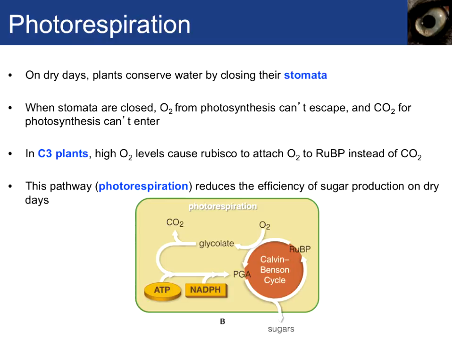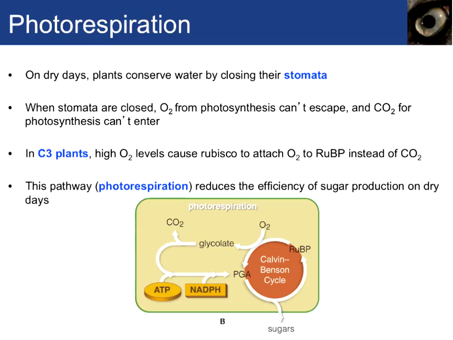There are 3 types of plants because of the process of photorespiration. On dry days, plants conserve water by closing their stomata. Stomata are the vents that allow gases and water to pass into and out of the waxy leaf. Leaves have a waxy, waterproof coating on the outside to prevent them from drying out. Unfortunately, in order to conserve water, it has this waxy coating, but the coating doesn't allow